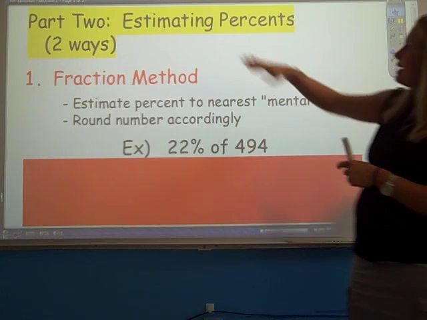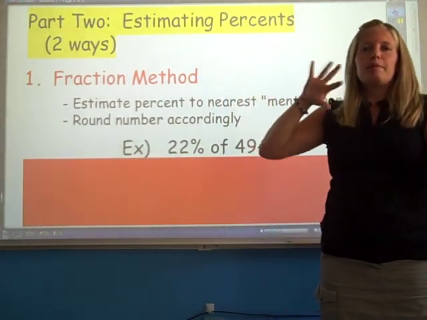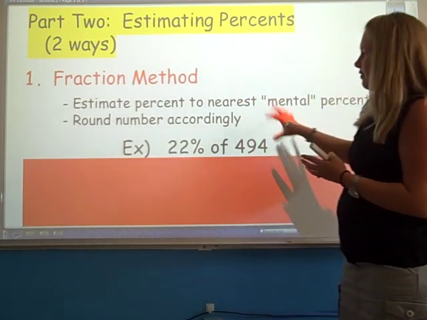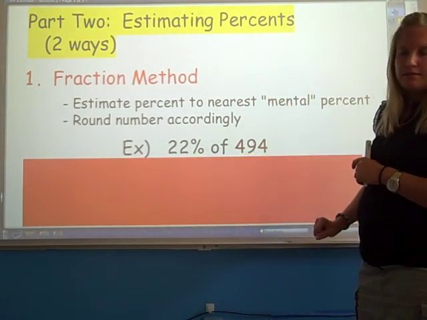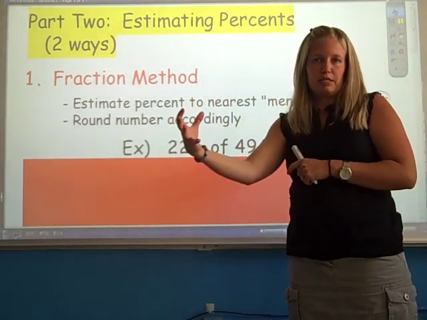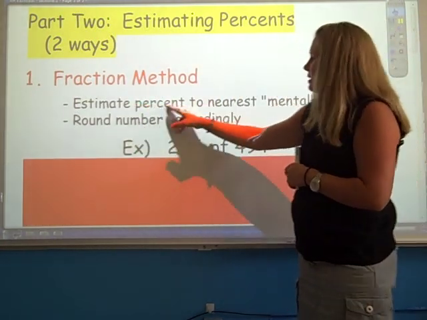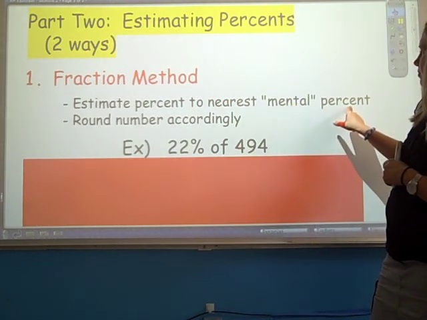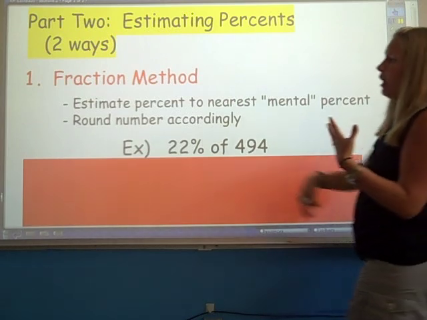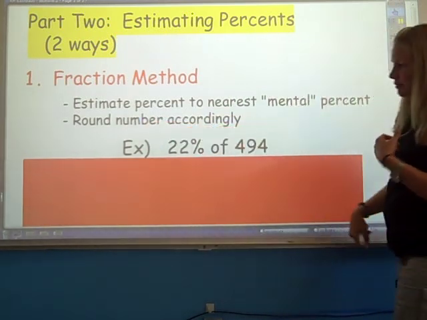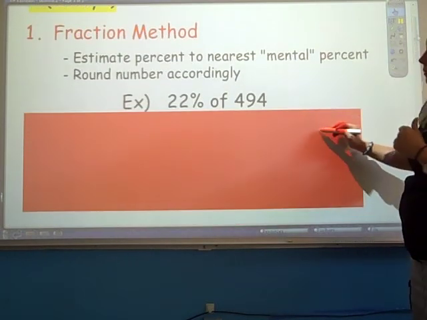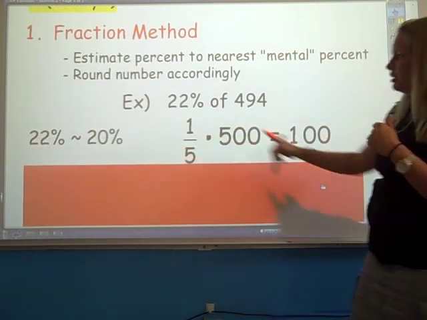Okay, last part is estimating percents. Now you're going to be rounding things so that it's easier to do when you have numbers that are kind of mixed up like this. Two ways. Fraction method. This is the first way that we talked about using mental math. Estimate the percent to the nearest mental fraction or a mental percent, one that you can do easily, and you round the numbers accordingly. So what I'm going to do, looking at the first example, I'm going to make 22%